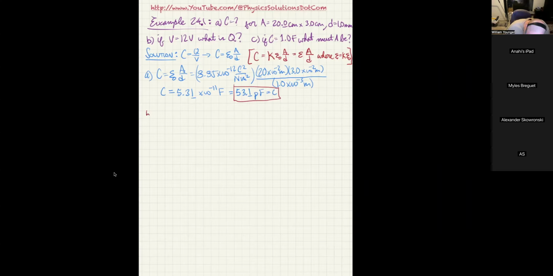Now, for part B, they want to know if V equals 12 volts, what is Q? So C is equal to Q over V. That means Q is equal to C times V. So I get 5.31 times 10 to the negative 11th farads for the capacitance. Notice I didn't want to use pico there. I could, and the answer would come out in pico coulombs. That would be fine. And I might still do that, but now I just have to multiply that by 12 volts. So I'm taking the 5.31 times 10 to the negative 11th and multiplying it by 12, and that gives me